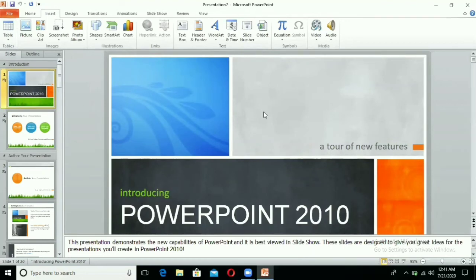Clear? And this is our slide area. We can do any type of editing, any type of changes in our slide area. Clear? So whatever you want to do in your slide, you will work on the slide area. Whatever thing you want to change, you just have to select it.